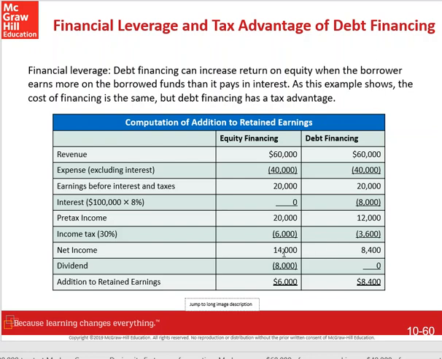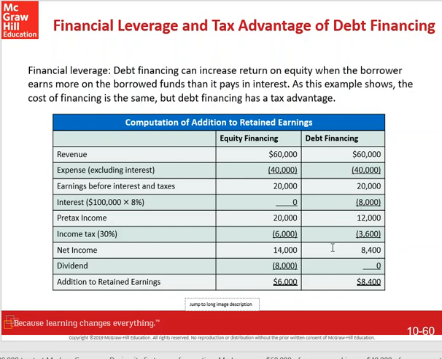Now, hypothetically then, let's say under the equity financing option, we've got more stock outstanding and we decide to pay dividends. Now, we all know dividends are not an expense, so that doesn't reduce our taxable income or our tax. And ultimately, if they pay $8,000 in dividends, which would be the response to $8,000 in interest expense. So they're trying to play this scenario where either way you have to pay out $8,000. Ultimately, the $8,000 in interest is a better choice because it reduces taxable income and therefore income tax that you